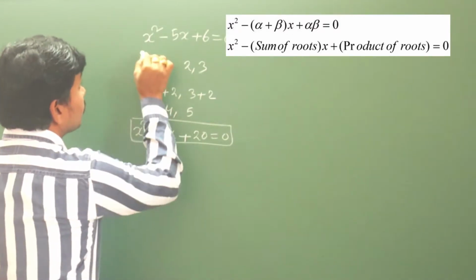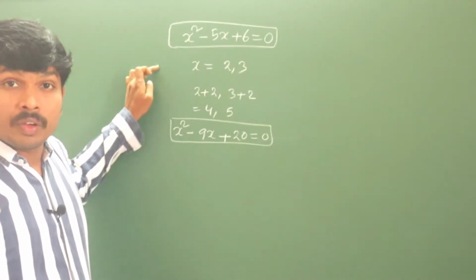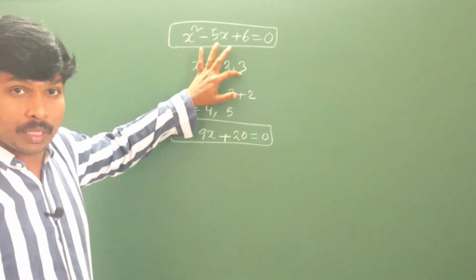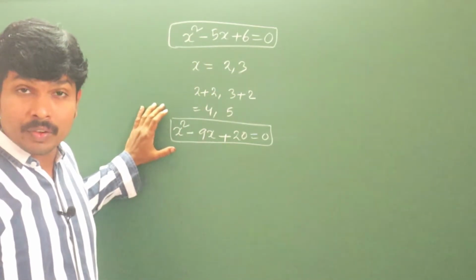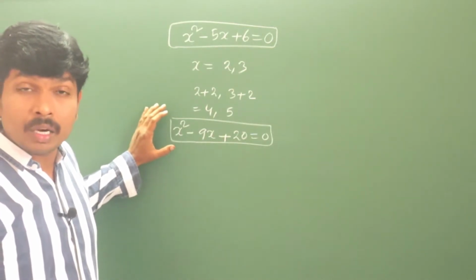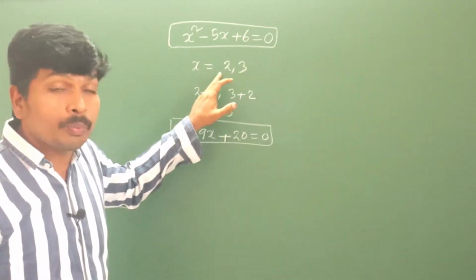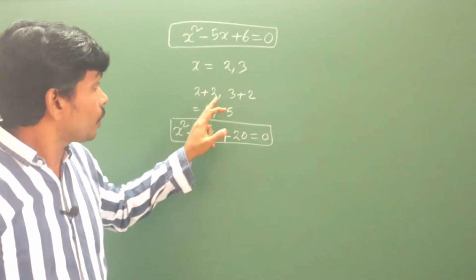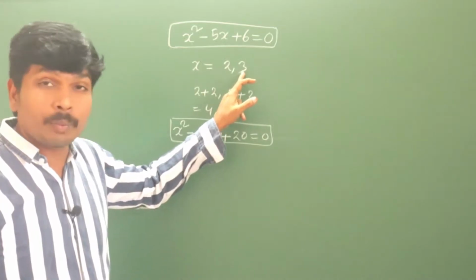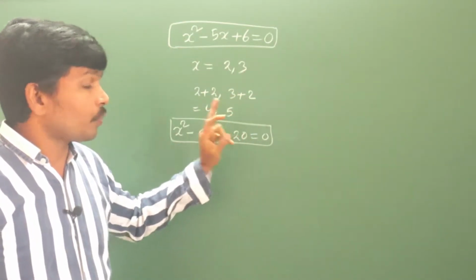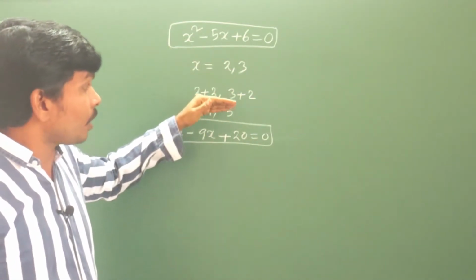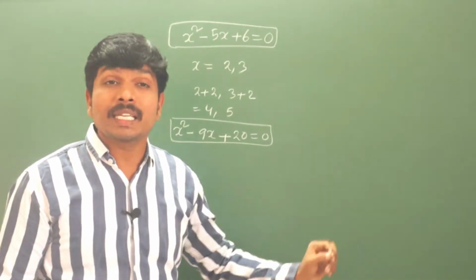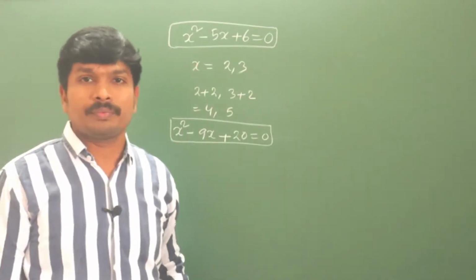What is the comparison between these two equations? It is the given equation whose roots are 2, 3, and this is our required equation. This equation we got after transforming the roots. This 2 is transformed to 2 plus 2, 4. This root is transformed, 3 plus 2, 5. So here the roots are transformed from 2, 3 to 4, 5 by increasing by a fixed value 2.